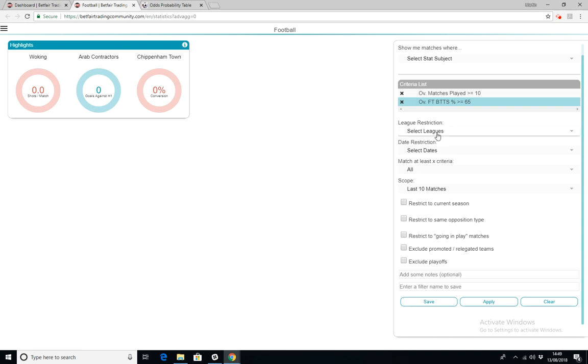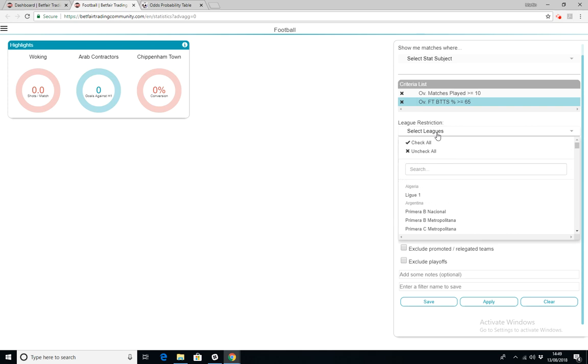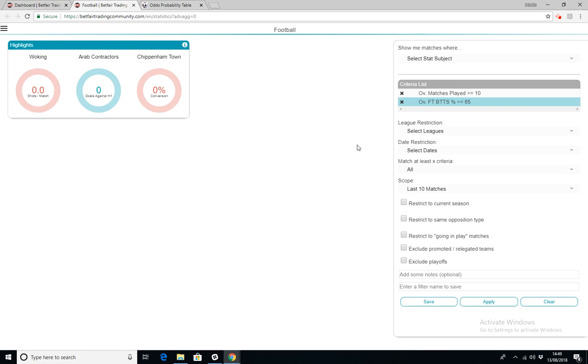So league restrictions. Basically what we do is click what leagues we want if we want to restrict a few. So make sure you tick the leagues you want. You don't have to do this. If you don't do it, you'll get all the leagues anyway. But if you do, it's a good way of getting rid of a lot of the leagues that you'll never be able to get a bet on because there's not enough money in Betfair, or there probably won't even be a market in Betfair. Some of these Norwegian third division matches. So anyway,